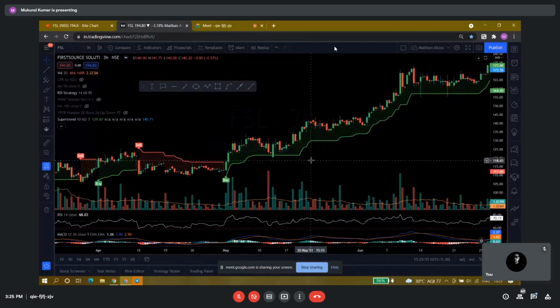All right, got it. But what I'm saying is the basic is this only, right? You buy at green, you sell at red. Yes, the basic is this. Many users and investors in this market use the Supertrend indicator for initiating or exiting a trade. They follow this only. When it tells them to buy, they buy, and when it tells them to sell, they sell.